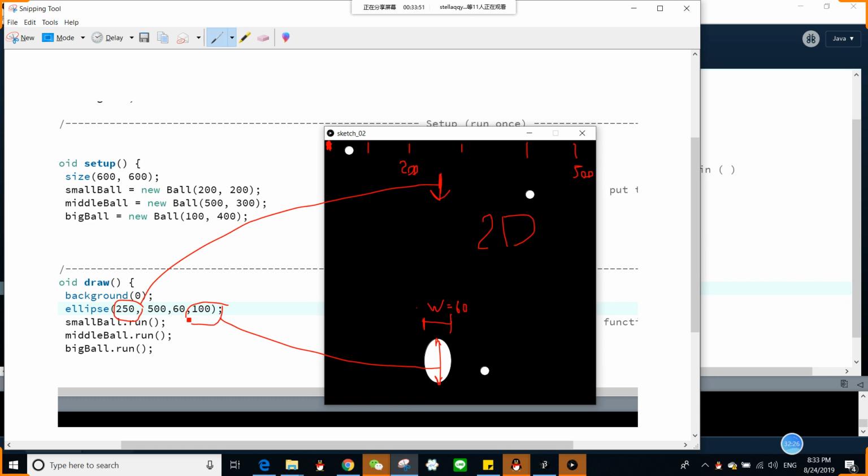And then this is 500, somewhere here. Okay, so the center of this is at 250, and then the Y is 500. And this is the size of the ellipse. Okay, and this applies in 2D. In 3D, we're gonna have some different things going on. Okay,